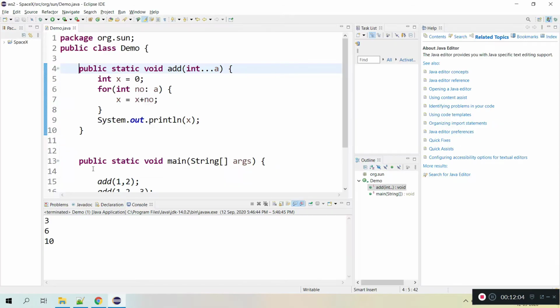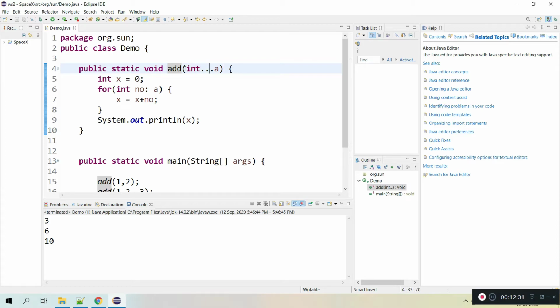So here you have seen the advantage. The disadvantage, I didn't see any disadvantage here. We need to be more careful about this one while writing. It can accept any number of arguments, but one thing you need to remember and follow is: whatever varargs you are giving in a method, that should be the last parameter in the method.